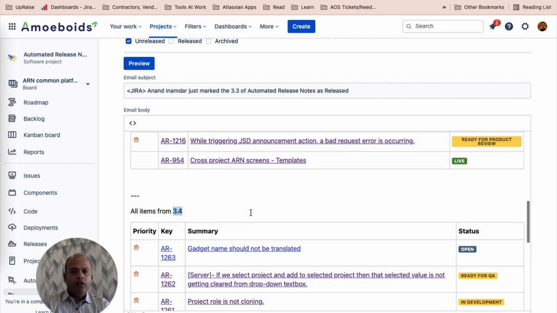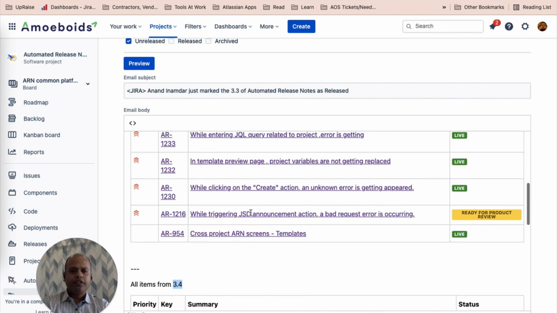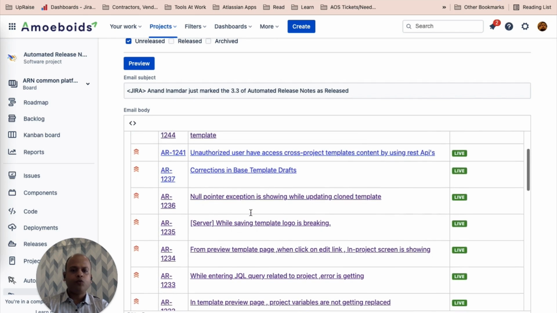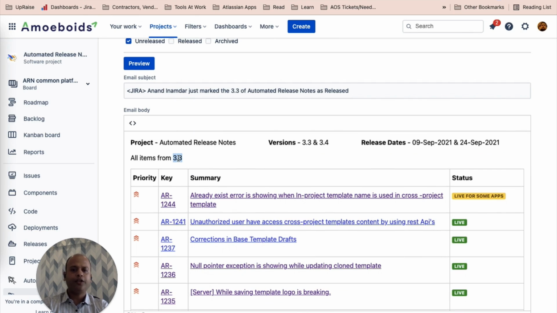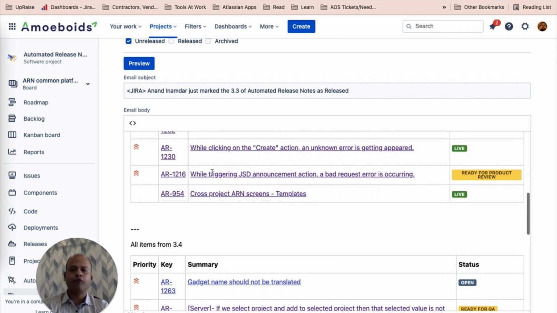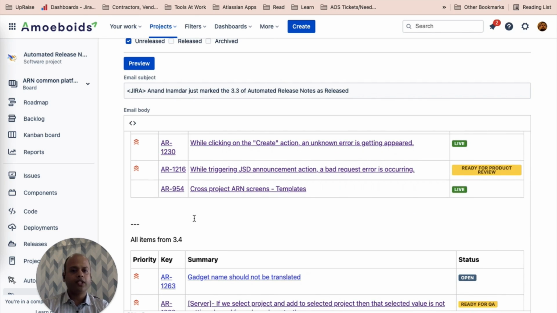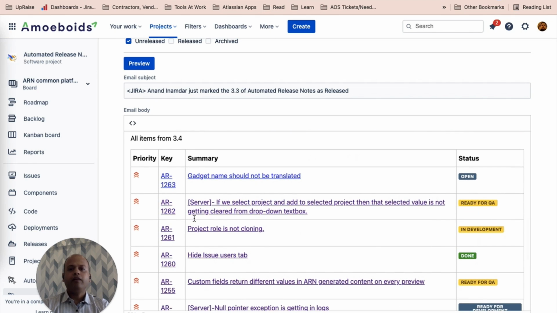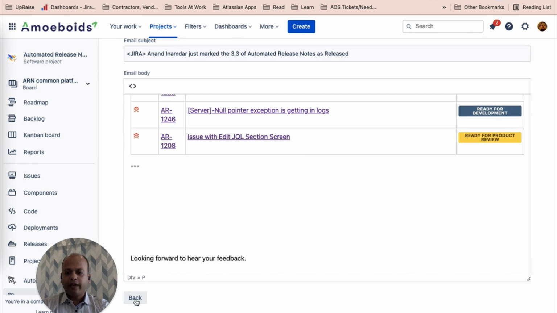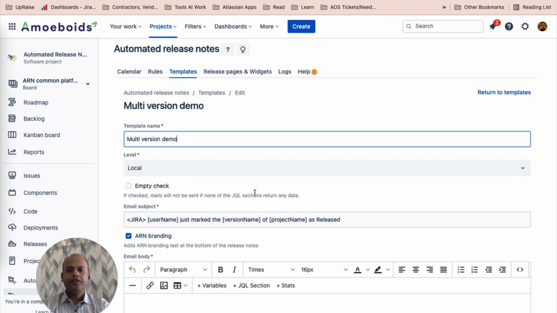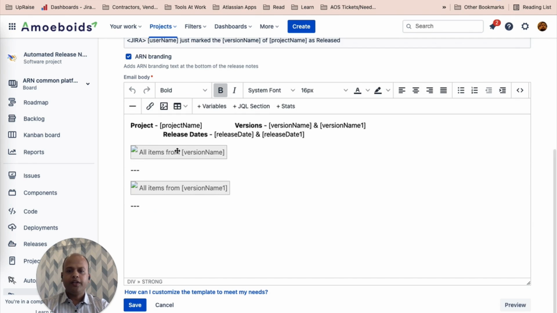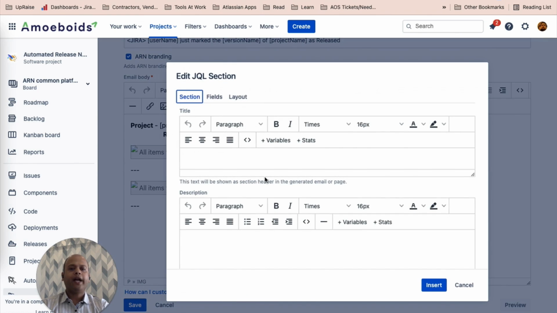You can make a few minor changes in here. For example, rather than having two separate sections for issues from 3.3 and 3.4, you can have a single JQL section. Let me just go back and show you what I mean. So instead of saying all items from version name only, I can modify the JQL.